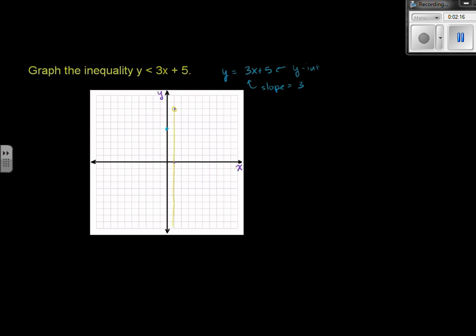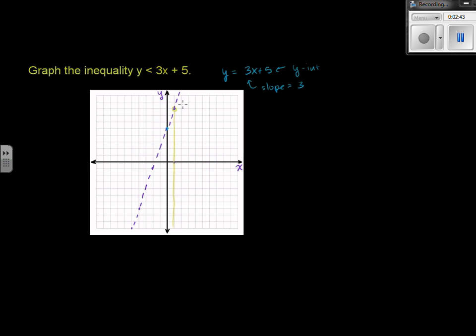Let me do that in that darker purple color. So it'll look like this. It will look like that. And that point would be on it. That point would be on it. If you go back, you're going to go down by 3. So that point will be on it, that point, and that point, and I'll just connect the dots with a dotted line. So that dotted line is the graph of y is equal to 3x plus 5,